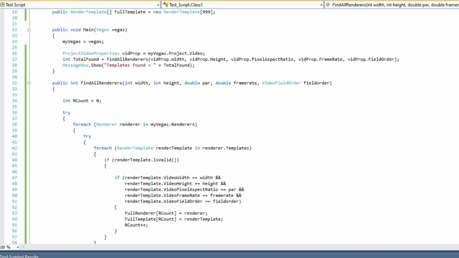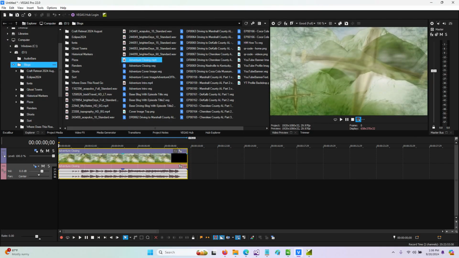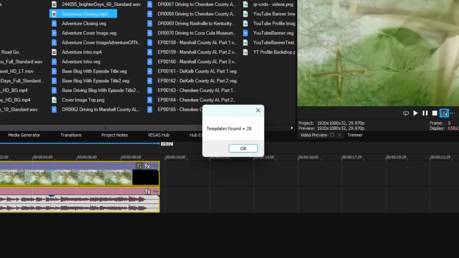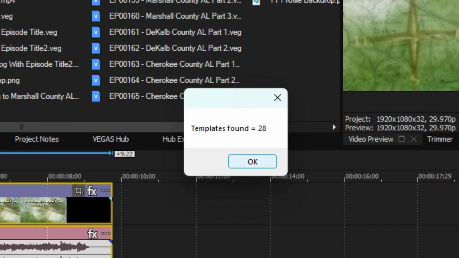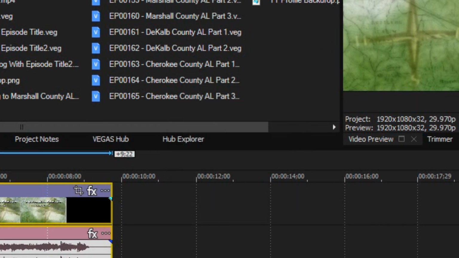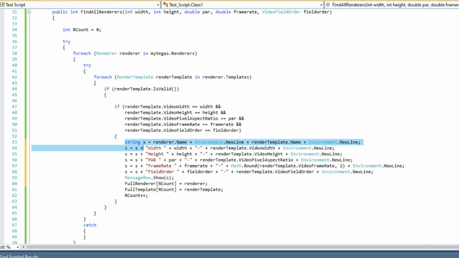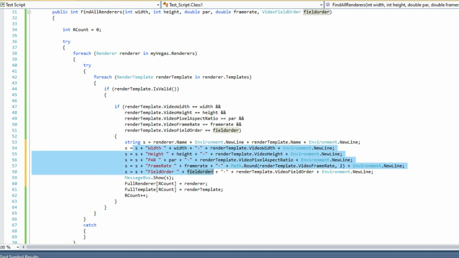So let's see what happens when we run this. When we run this, it says that it found 28 matches. If we want to go through and actually see what the matches are, we can do that. So what I've done here is I've created a string variable, which I just called S. I'm getting the renderer name, then putting a new line, then the render template name, and a new line. And then we're going to view the width, the height, the par, the frame rate, and the field order using both the values that were passed and the values from the render template so that we can see that they were the same. So now when we run this,